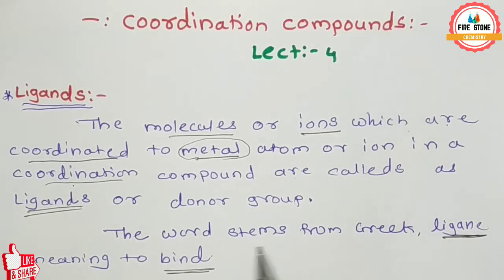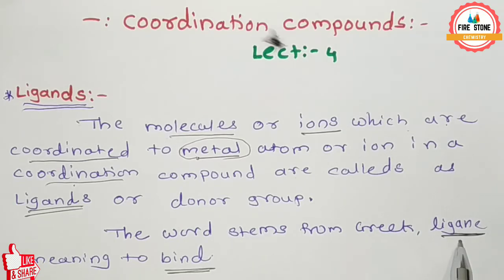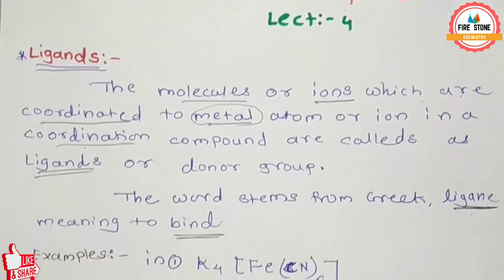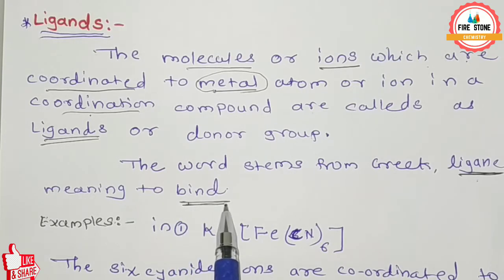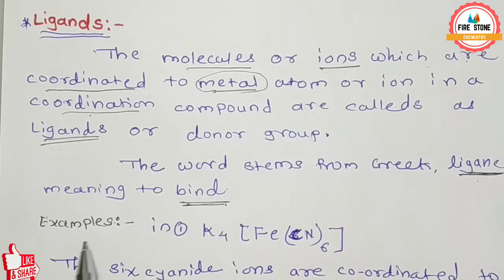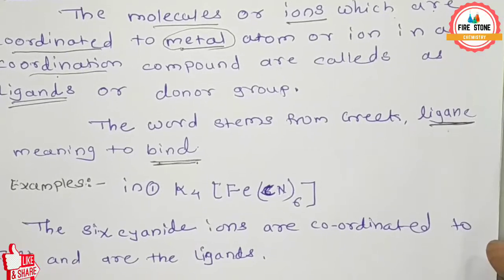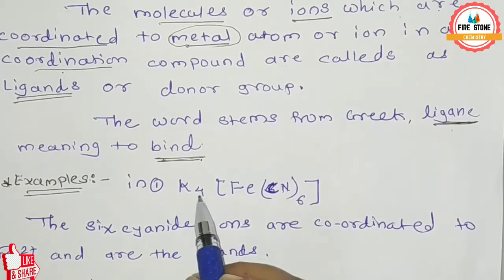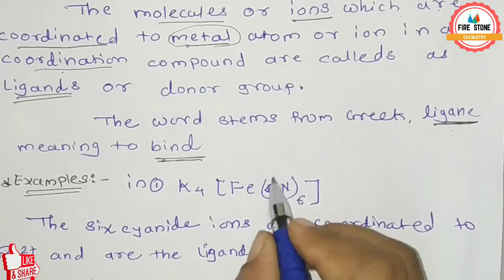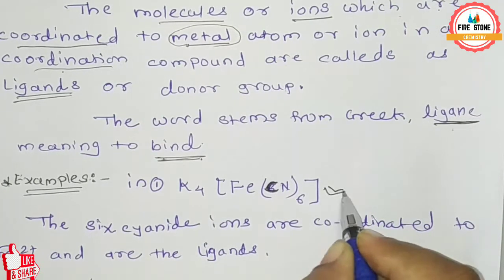The word stems from the Greek ligand, meaning to bind. So a ligand binds the metal in a coordination compound. Example: here we see the example K4[Fe(CN)6]. This is an example of a coordination compound